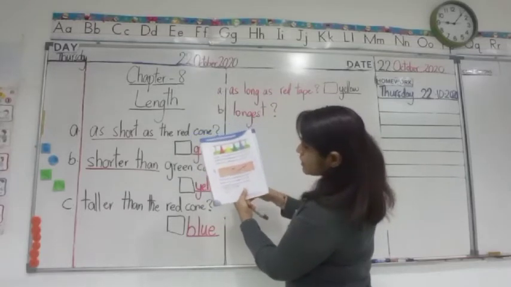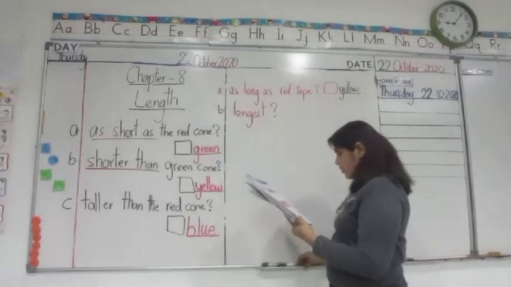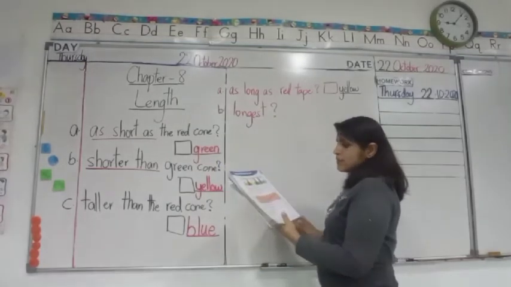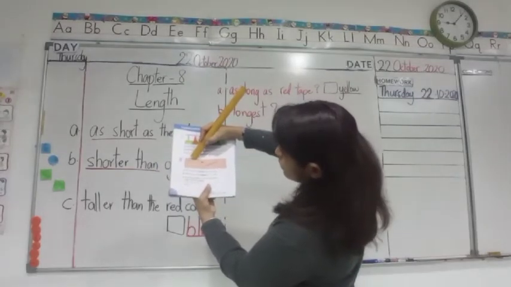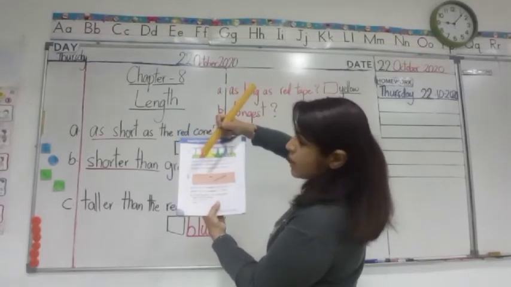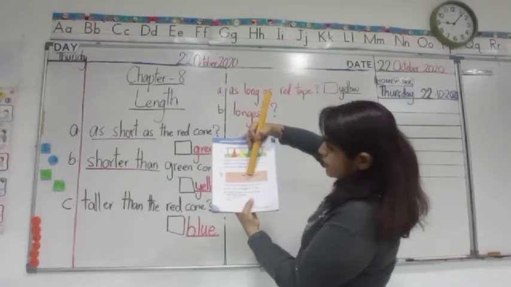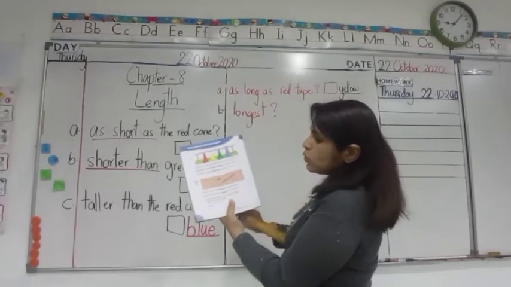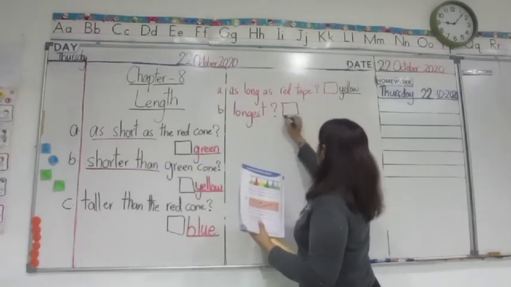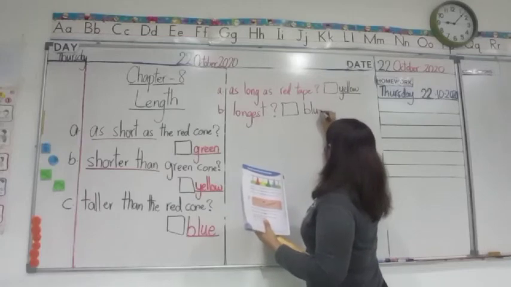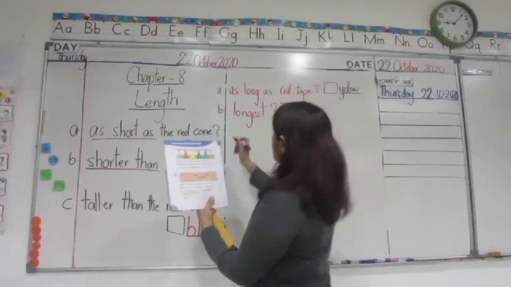What do you think? Is it green or blue? It's very confusing because green and blue more or less look the same length. But how will I count? I will count the boxes behind on the wall. 1, 2, 3. So it's covering 3 boxes, whereas blue is covering 1, 2, 3, 4, 5. So blue is the longest. I know it can be a bit confusing, but if you look very carefully, blue is the longest.